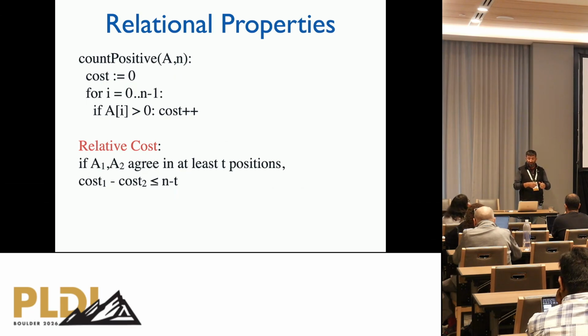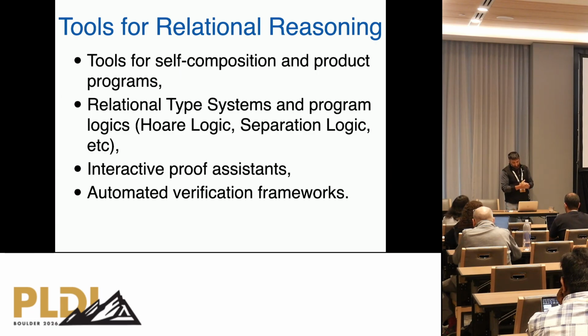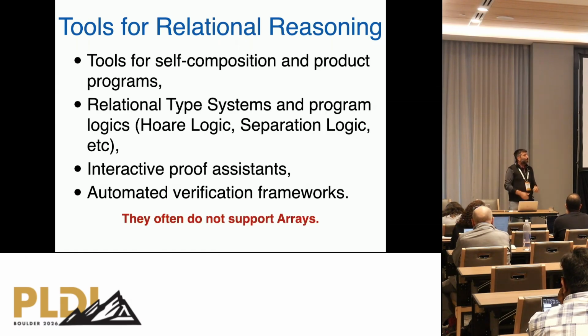This can be useful, for instance, to reason about optimization and show that optimizations are not only correct, but also improve our performance. And there is a very large literature on relational properties and in general hyperproperties, and people have developed every kind of tool that you can imagine, from program verification, from type systems to use of interactive proof assistants, automated verification, and so on. And I have also worked on this for a large part of my career. Now, the problem is that